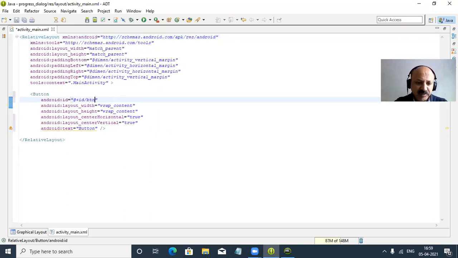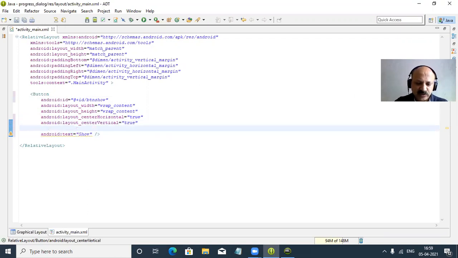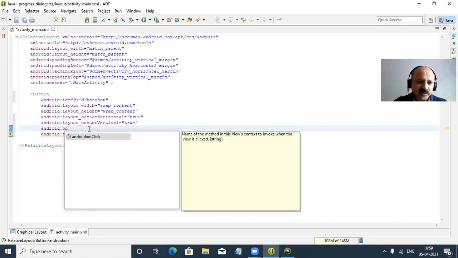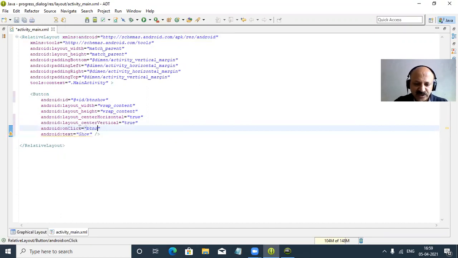Here I give the id btn show, and the text Display. I use show because our progress dialog box will appear. So we take an onClick event, btnShow.